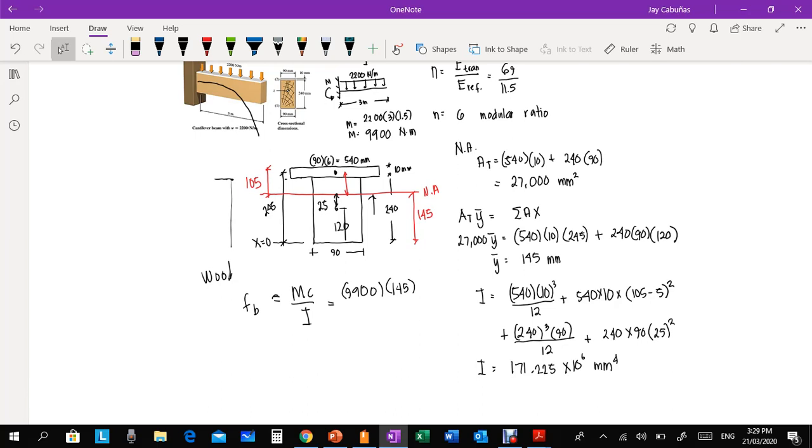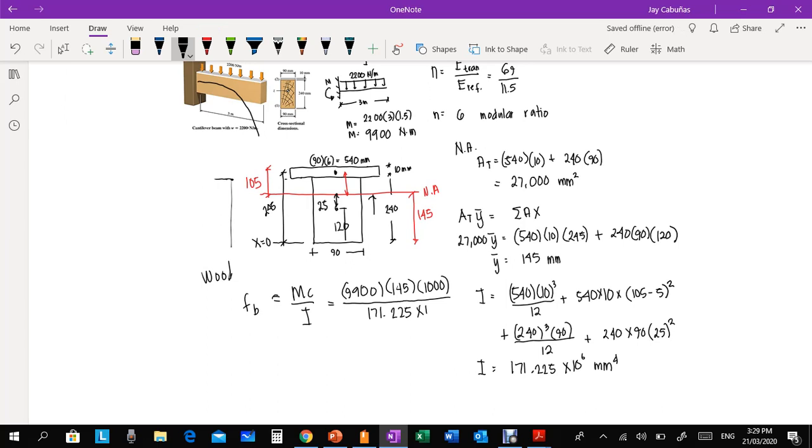Now, take note, 9,900 is in Newton meter. So therefore, we need to multiply by 1,000 only, not 10 raised to the 6, because it is in Newton. Unless it is in kilonewton, then we multiply by 10 raised to the 6. So 1,000 only, since we convert meter into mm. Divided by